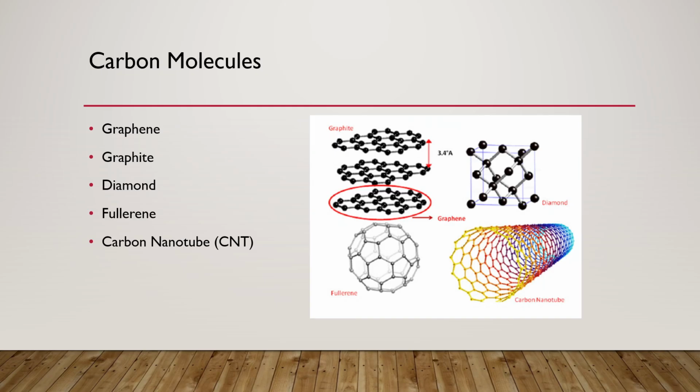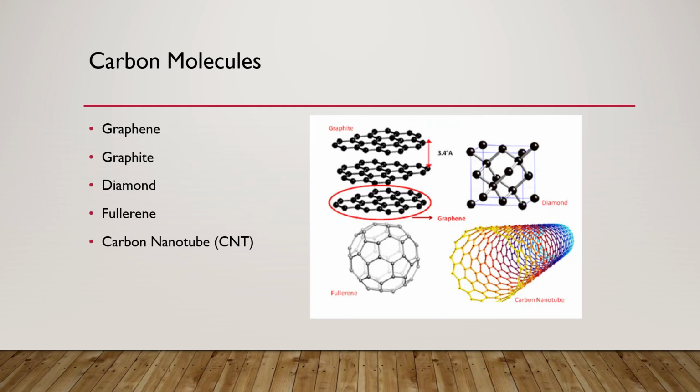hardness. Fullerene is a molecule made entirely of carbon, forming a closed cage structure, often spherical or cylindrical. It has applications in material science, electronics, and nanotechnology. Lastly, we have the carbon nanotube, which is a cylindrical nanostructure formed by rolling up a sheet of graphene. CNTs can be single-wall (SW-CNT) or multi-wall (MW-CNT), and they possess remarkable electrical, thermal, and mechanical